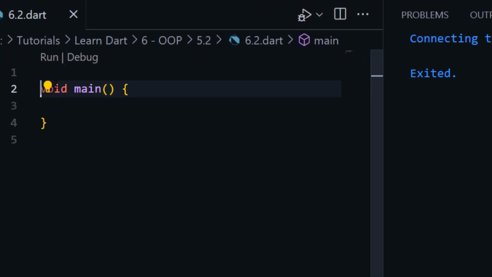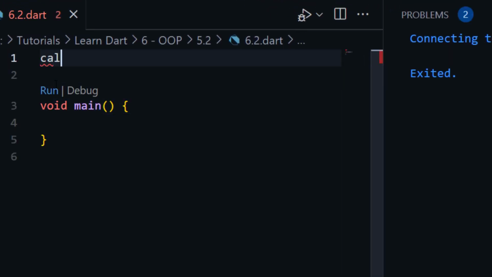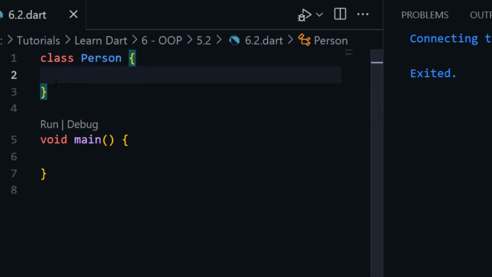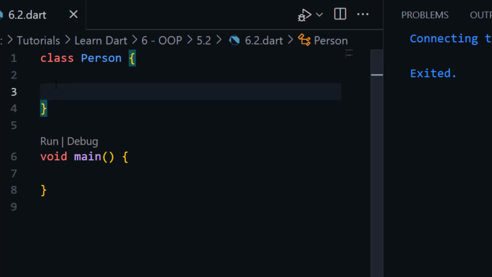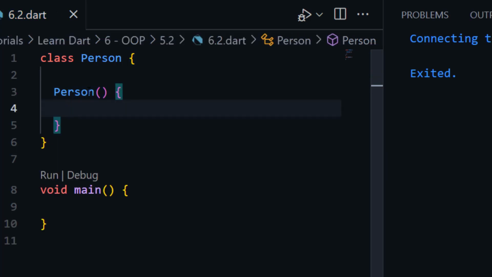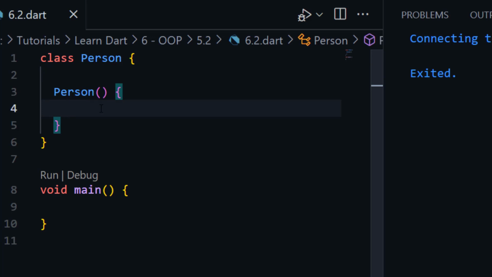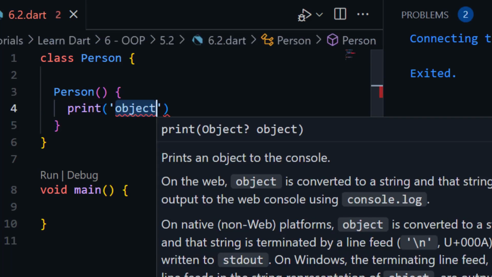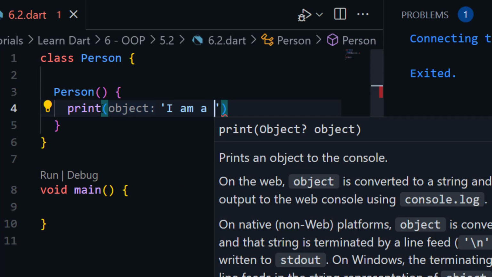First of all, let me create a class Person. So basically a constructor is the same as a function and its name is the same as the class. You can see our class name is Person, so our constructor will be Person. Same as the class name, and this is a function. You can see this is the same as a function, but its name is similar to our class. And inside this, we can print any statement: "I am a constructor",